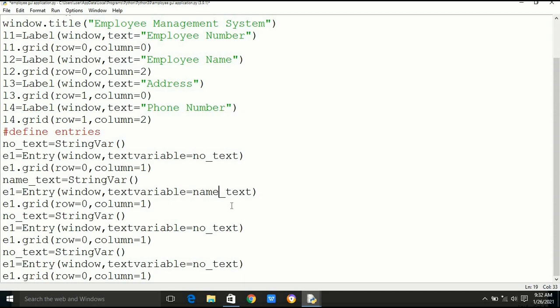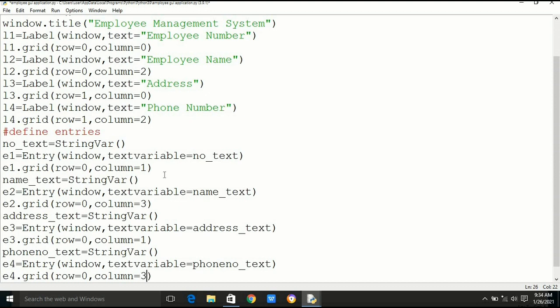Just beside it the entry will be there for employee number, and just beside the employee name label we have to put the text box for employee name. For that we are assigning it to column 3.